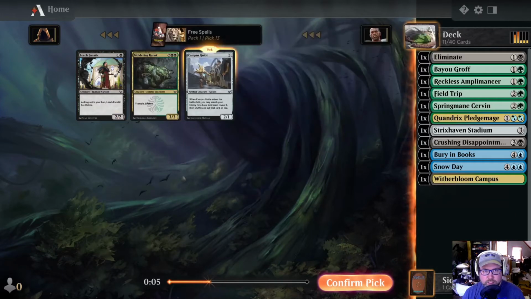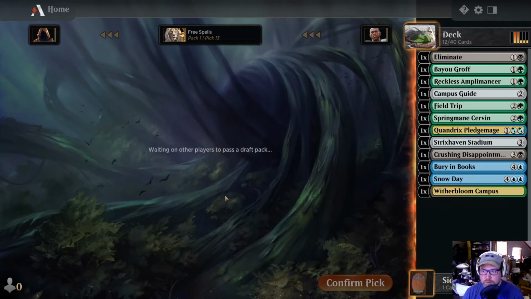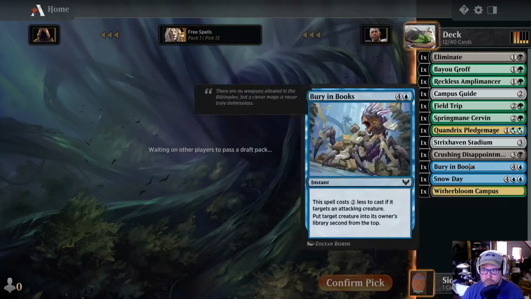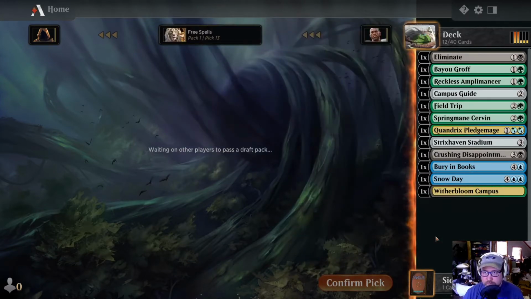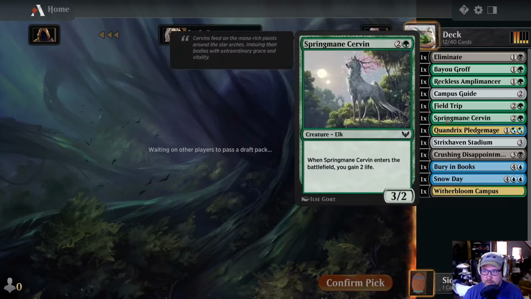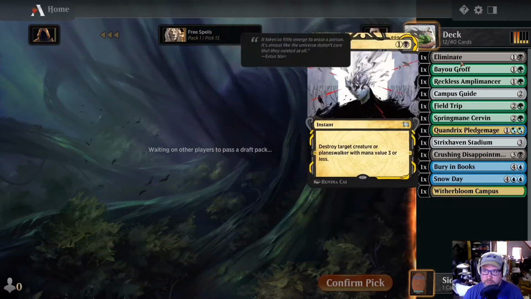I mean, Leech Fanatic and Moldering Carrick are solid. I'm just going to take the Campus Guide. I think we could pivot out of anything but green, really. Probably want to play green. Well, actually, no, Field Trip doesn't even fix, so...